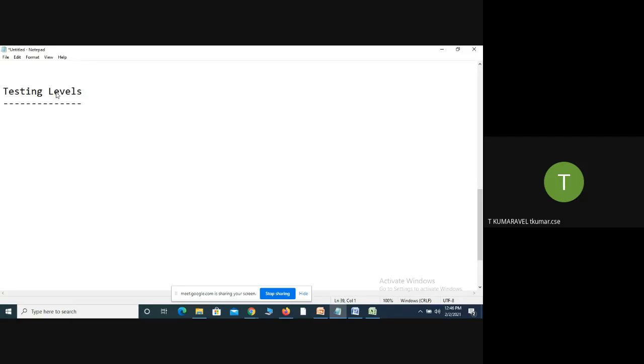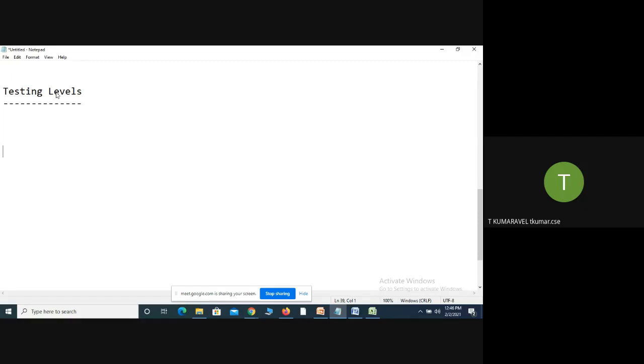Different types of testing levels are available, mainly focusing on, while performing the testing, how much of the code you have tested and when you have tested. To answer that, we perform different types of testing levels.